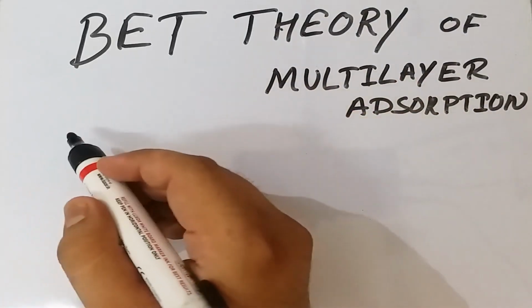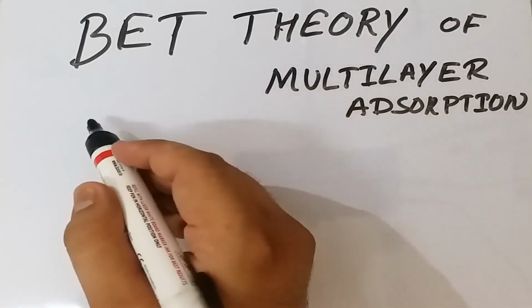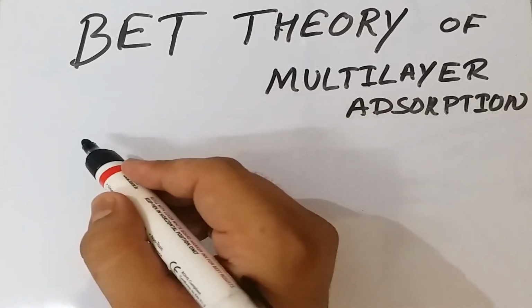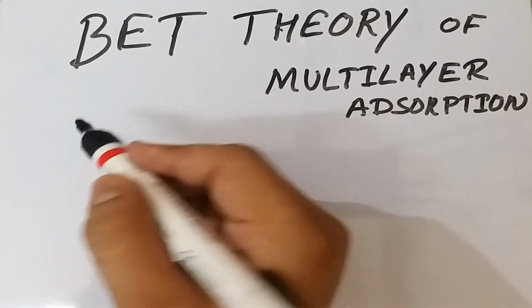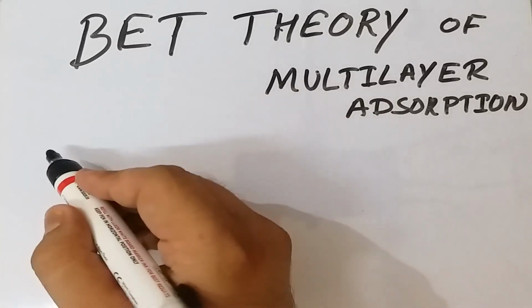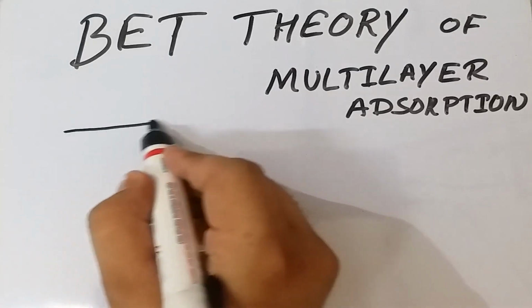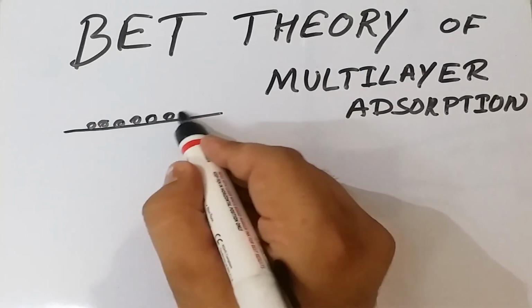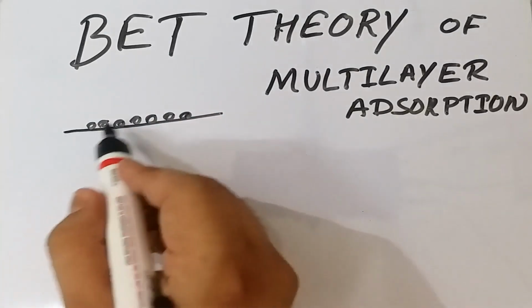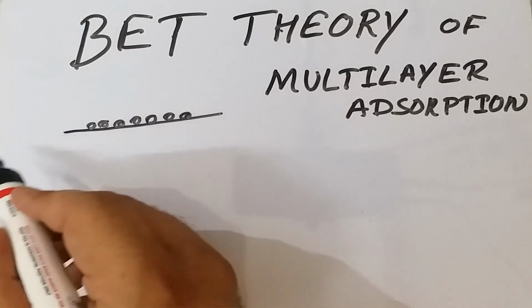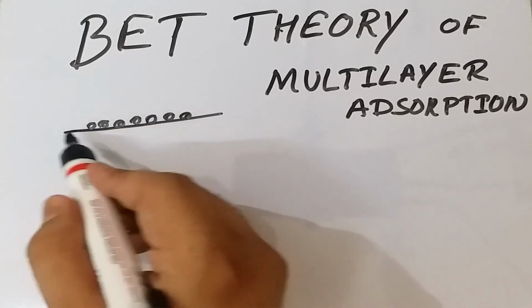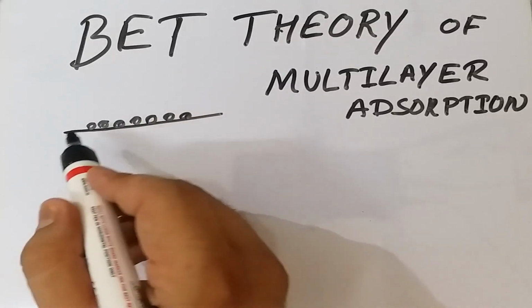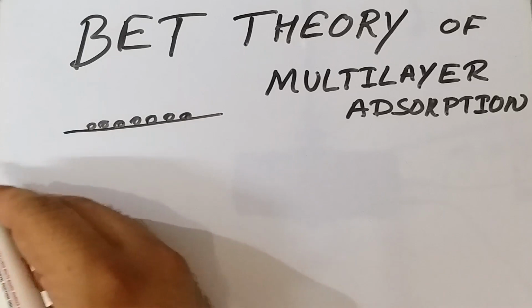When we are discussing the Langmuir theory of adsorption, it is restricted only to the formation of a monolayer of gas on any solid surface, and it disregards any possibility of formation of multi-layers. So in the Langmuir adsorption isotherm, it is assumed that only a monolayer of the adsorbed gas on any solid surface will take place, and multi-layered adsorption will not take place. But this is not the case, and in